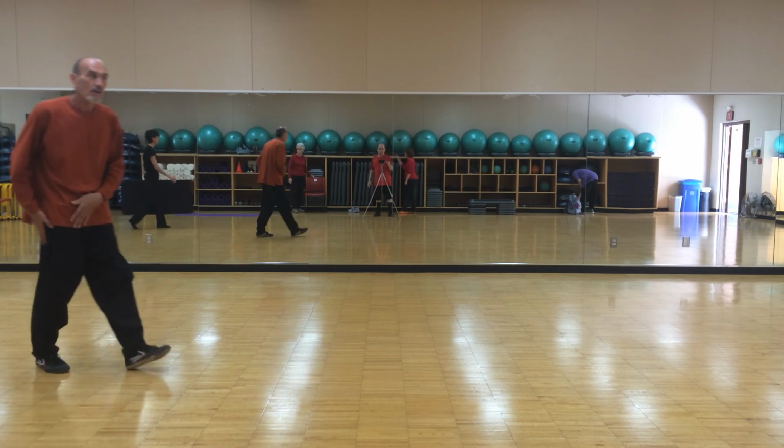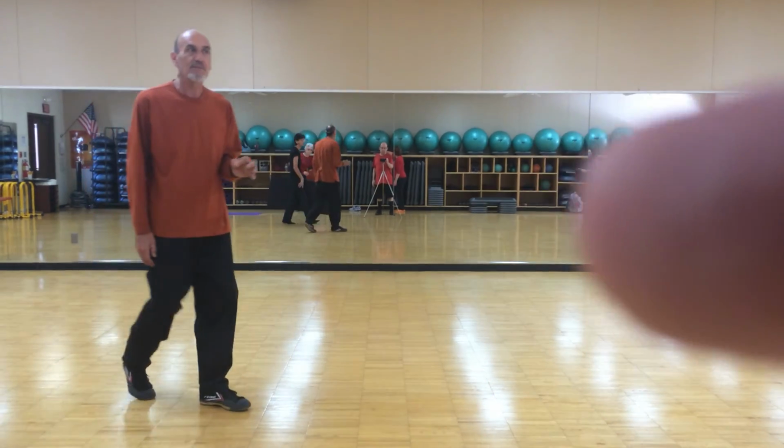Rub the legs, especially the back of the legs, if you feel